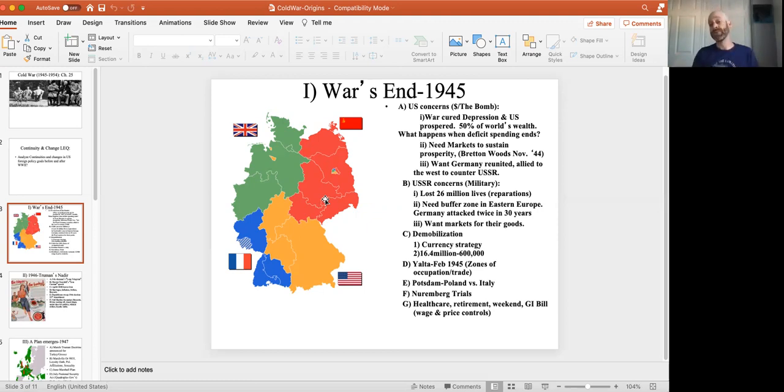So this is a map of Germany. At the end of World War II, just by happenstance, the way that it ended, the Soviets would swoop in from the east. The British, Americans, and the French would swoop in from the west. They would meet right in the middle of the country. And that accidental, just sort of, where the army lines were at the end of the war, that is going to dictate the boundaries of these two countries, East and West Germany, for the next 44 years.